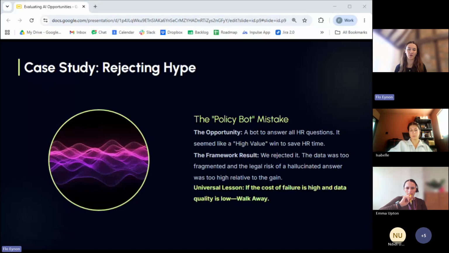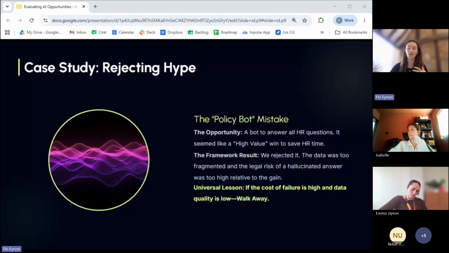Some questions could involve legal, finance, or personal consequences, and an incorrect answer could create a much bigger problem than initially anticipated. So we ended up rejecting it because, for example, the AI could retrieve policy documents rather than attempting to provide an answer. If you don't have the rigor around defining what it can give, then it can just hallucinate, it can tell them the wrong thing, they could end up